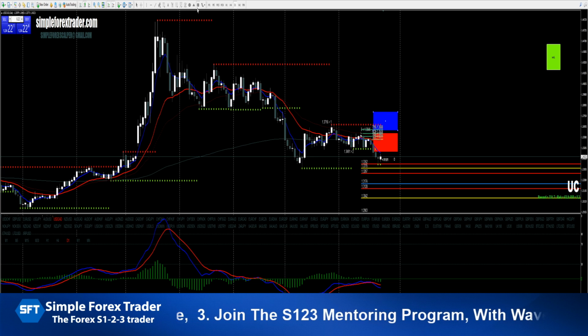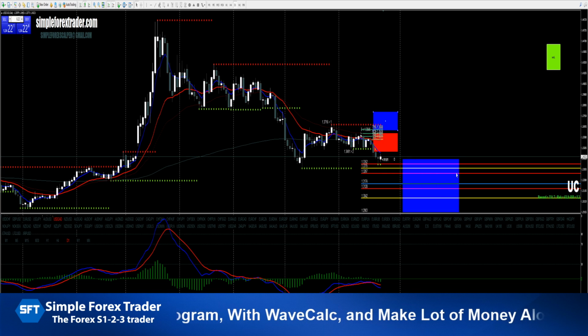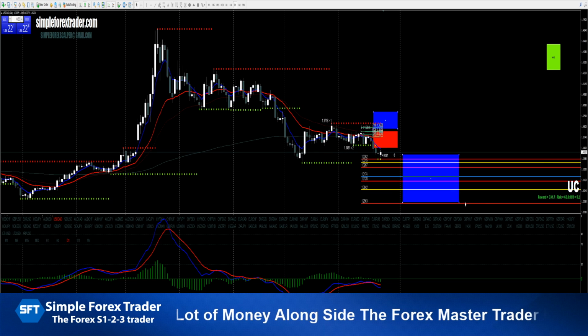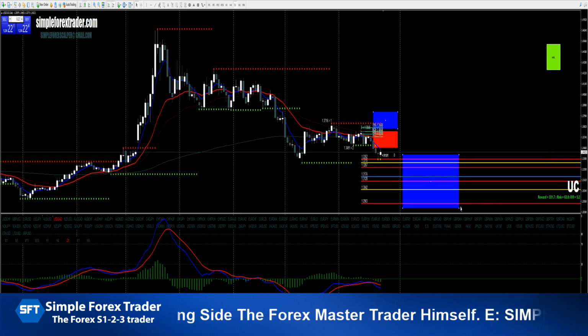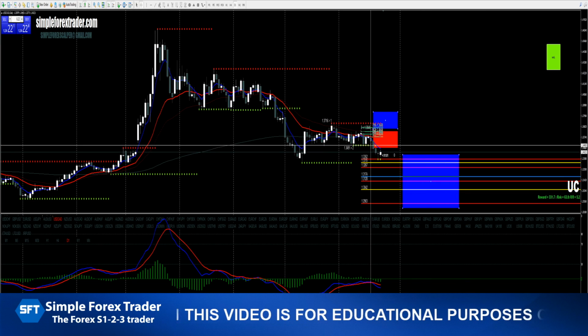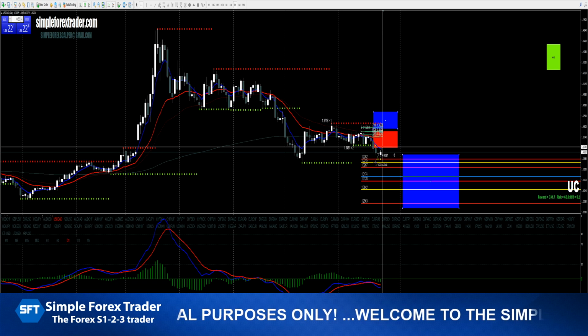So therefore, down here is your next week take profit target. I think there's one more here. Yep, there is one more here. So this is the next week take profit target, in this box here. There are about 7 targets that the wave calculator has given us, the price entry and exit. So we enter a trade here. It may retrace back up towards the moving average up here, and then it'll drop back down to take the first target, which is about 100 pips. The second target is about